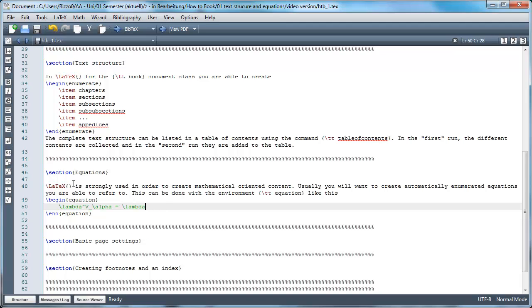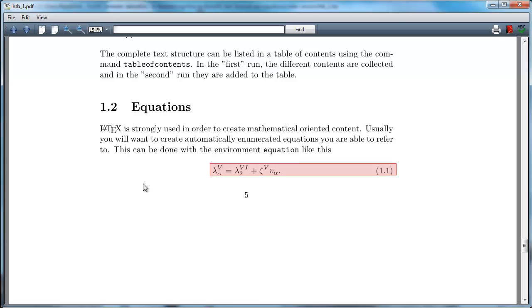This should be equal to lambda superscript capital VI subscript 2 and zeta V alpha, and a point since the sentence ends there. So I'm going to compile that,